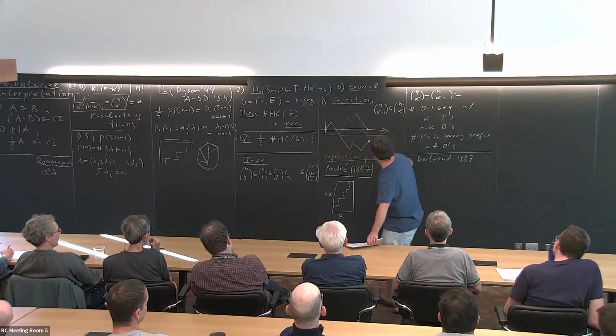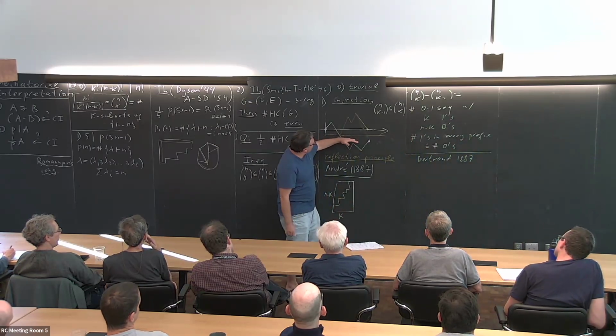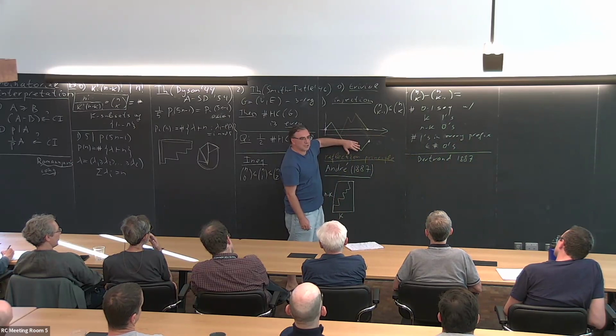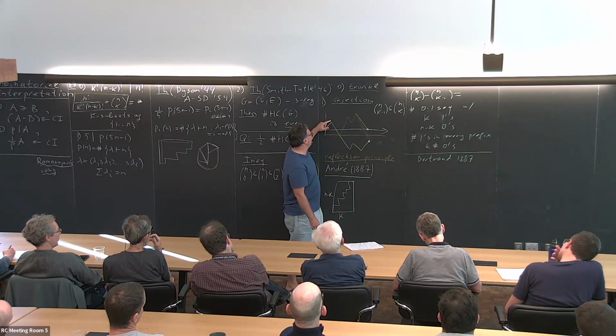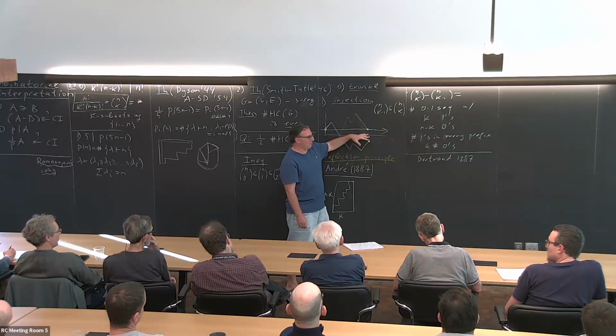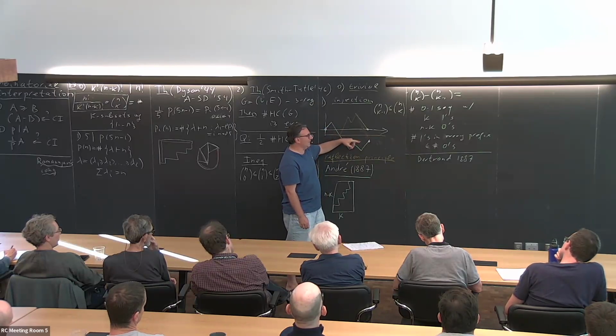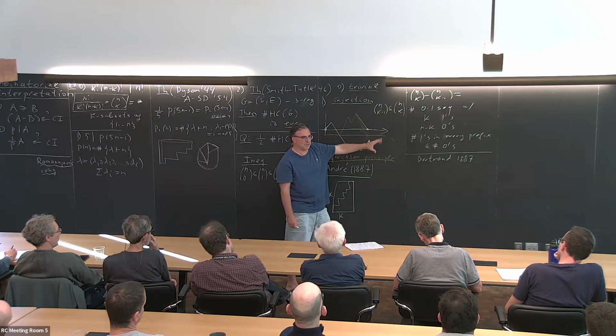And that's because you're asking yourself, what is not being cancelled under this involution? The only thing that's not being cancelled are those things which never cross the red line to begin with. And if you interpret those sequences, you have to be a little careful. Going up is zero, going down is one. Then you get exactly that. That's not a mystery at all.